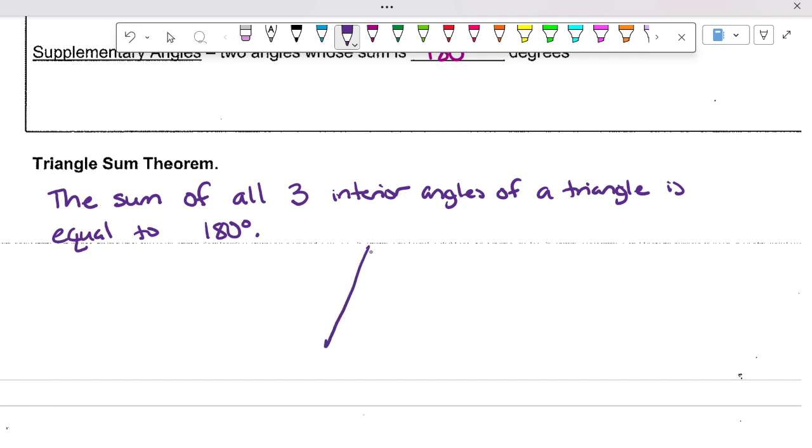So if I drew me a triangle, remember the word interior. When you hear the word interior, what do you think? Inside. The reason I'm explaining that part is because you will hear the words exterior and interior mixed in a lot, so make sure you know the difference between the two. If you hear the word interior, I'm talking about inside the figure. So let's say I have the three angles inside the triangle. Let's label them 1, 2, 3. If I added up all three angles together,